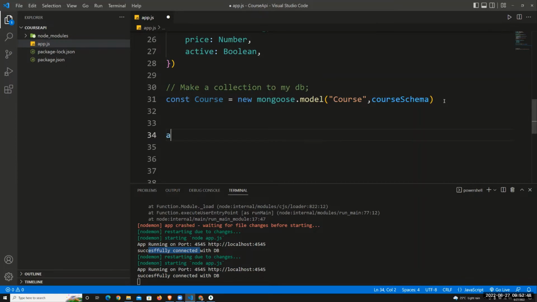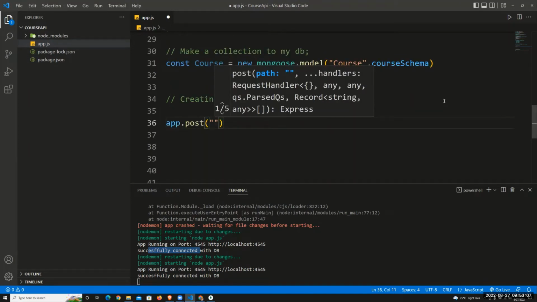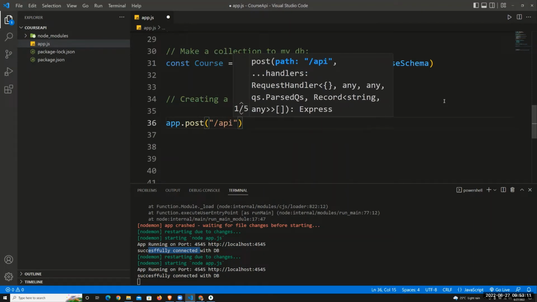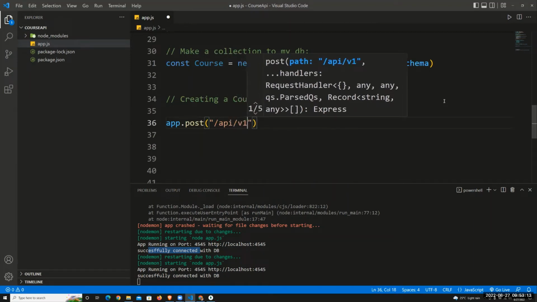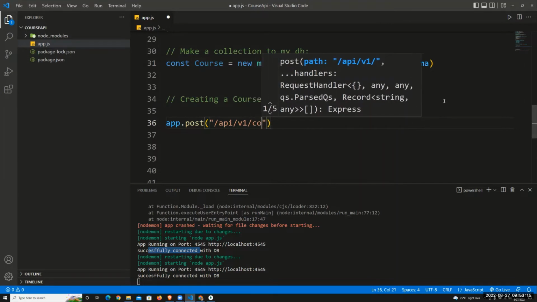राउट्स बनाने के लिए हम यूज कर सकते हैं app dot, पहले हम क्रिएट करते हैं क्योंकि कोई कोर्स नहीं है ना, तो हम रीड का URL बाद में बनाएंगे। We can write creating a course, creating a course, पहले कोर्स बना के देखते हैं। सो कोर्स क्रिएट करने के लिए मुझे क्या चाहिए, app dot मुझे पोस्ट रिक्वेस्ट करनी है। ओके कौन से URL पे, इस बार मैं slash URL पे नहीं करने वाला, /api/v1 मतलब वर्जन 1 और /course,